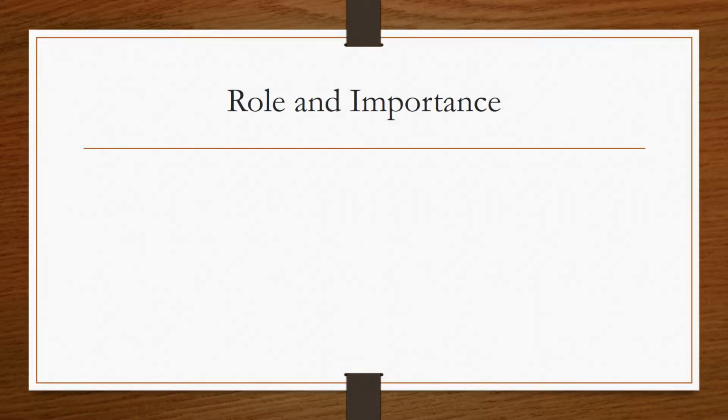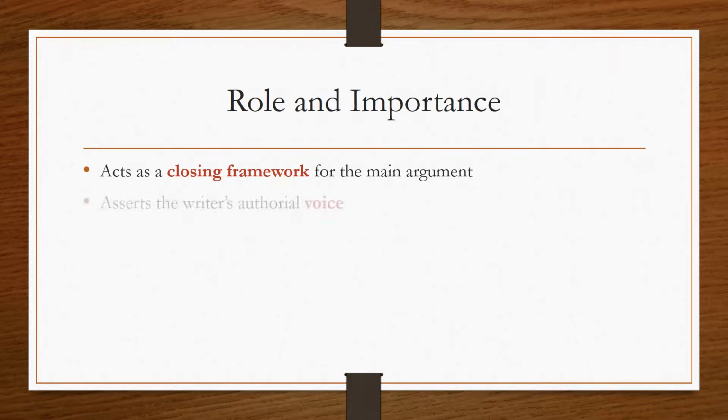What is the role and importance of a conclusion? The conclusion is a critical feature for any type of essay, as it is the last thing the audience will read. All conclusions act as the closing framework for the main argument. This is the final time the writer may assert her solution to the reader. All conclusions also assert the writer's authorial voice by ending with a strong command of both style and of the